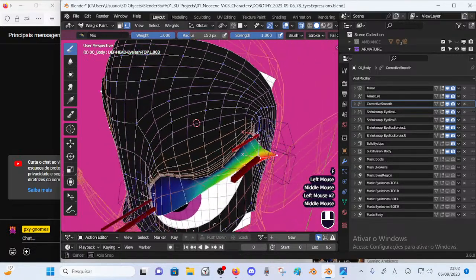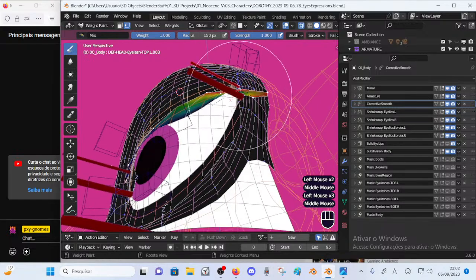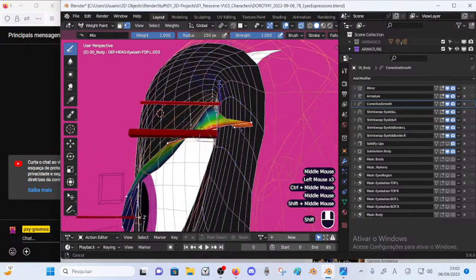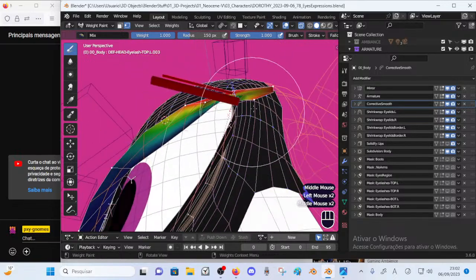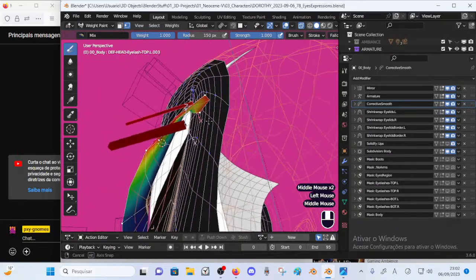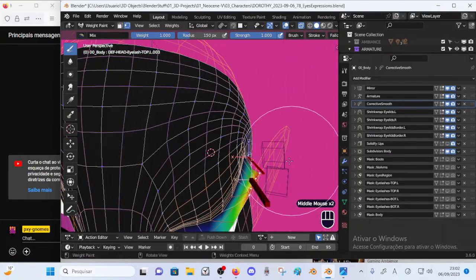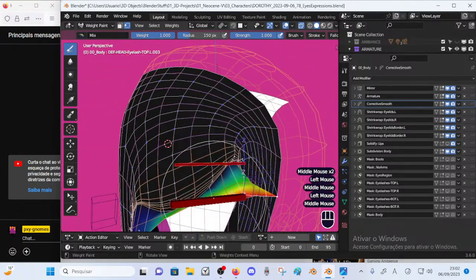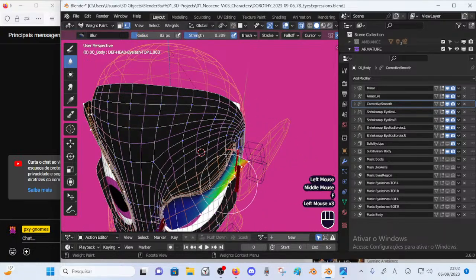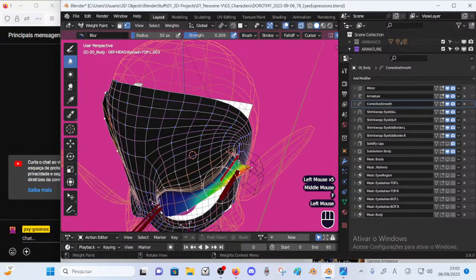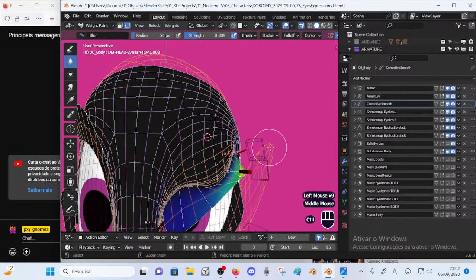Yeah, this is very hard. There seemed to be some confusion there. Yeah, that's pretty confusing, but I think this is correct. So let's just re-smooth here, and that should do it.